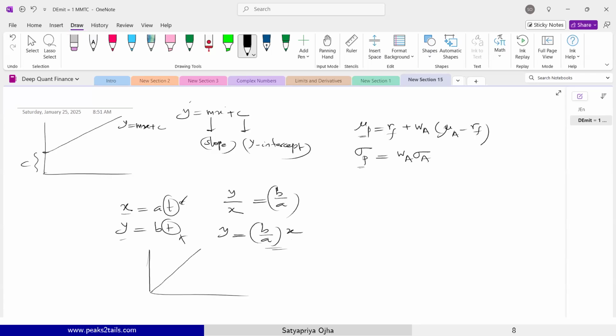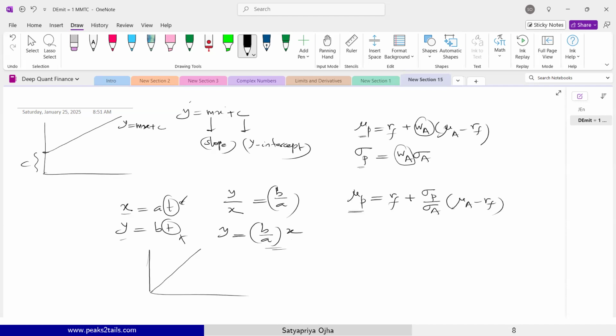But how do they change? Is it a proportional change, that means linear change, or is there some non-linearity? We have to find that out. Eliminate the common parameter that I'm controlling. That's it. So I can write mu P equal to RF plus, replace WA from the second equation, that is this, and you get this,